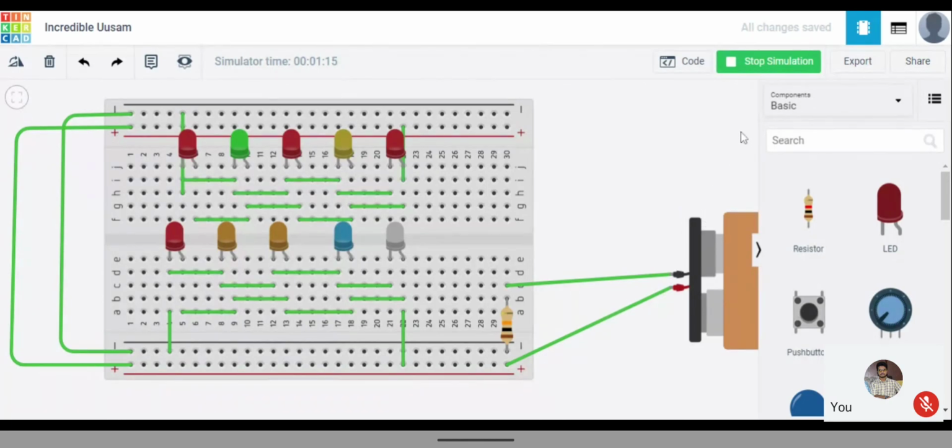Okay? Sir, you told that you'll tell about the temperature sensor in this class. About the temperature sensor, yes, sir. That we have to start, you have to tell me that one starting, right?